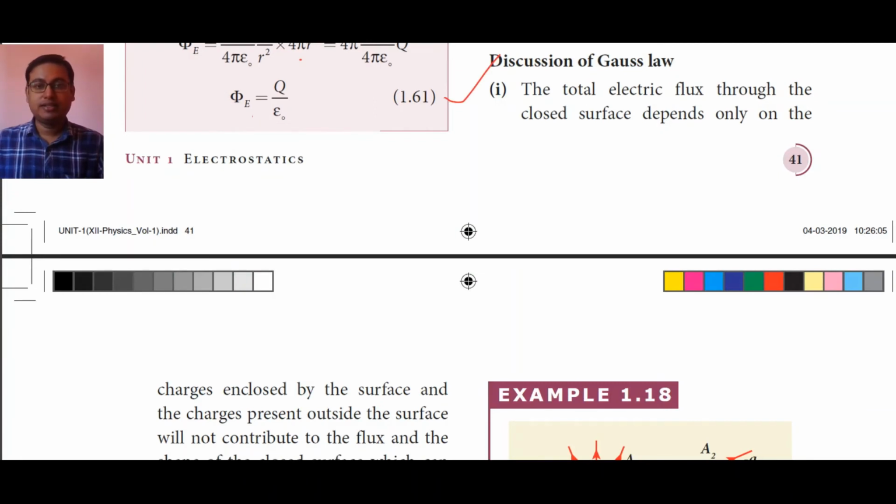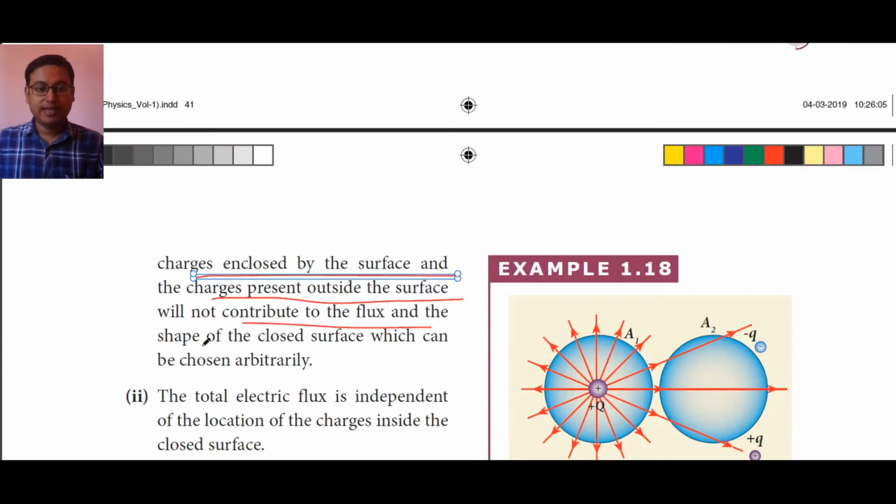Here you can see the total electric flux through the closed surface depends only on the charges enclosed by the surface, and the charges present outside the surface will not contribute to the flux, and the shape of the closed surface can be chosen arbitrarily. Okay, that means